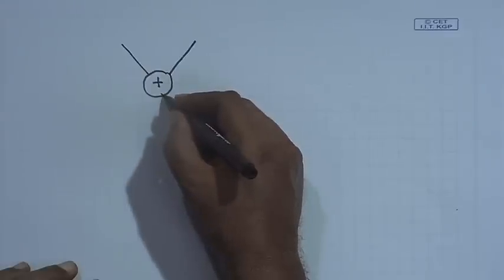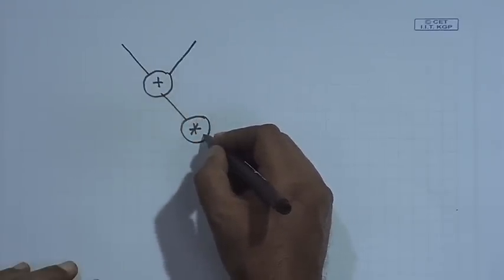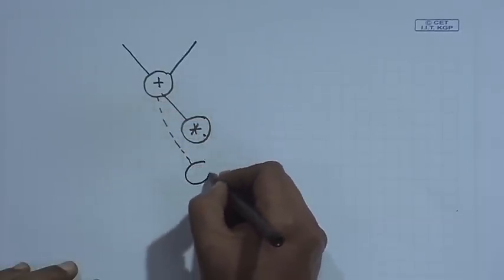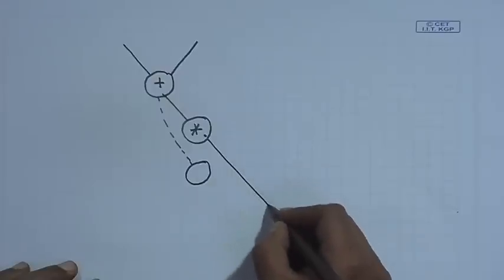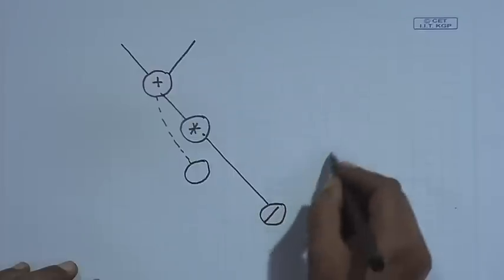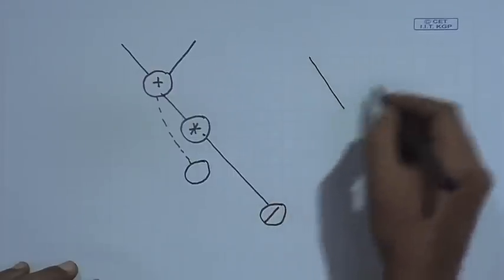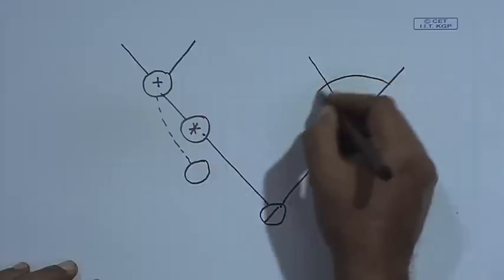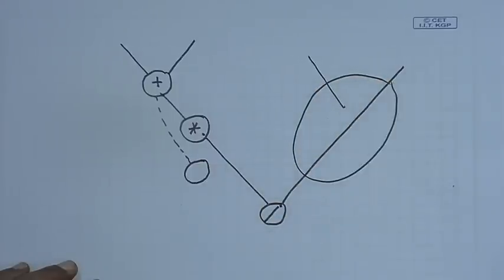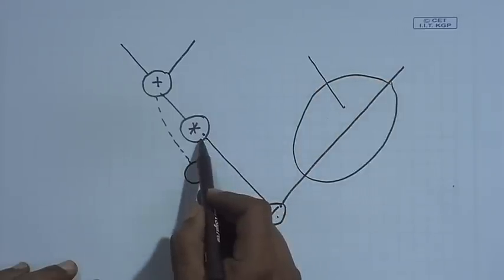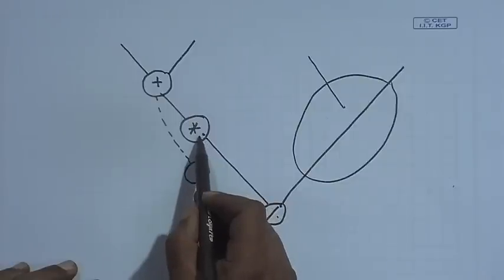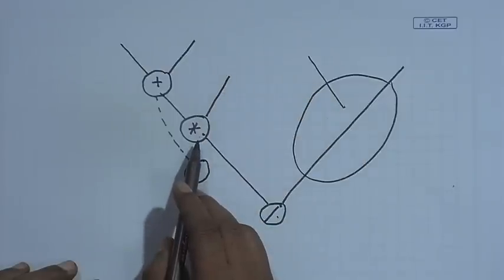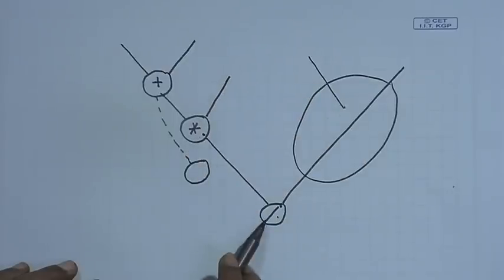Now, once this data is available, I can schedule it here, or since the data is available, I can do it much later, because the output of this is required maybe much later, maybe with some divider. It is coming through another path, another sub graph is here. So, in my as soon as possible schedule, as soon as I get the data for this, I will schedule it, although its result is being used much later.